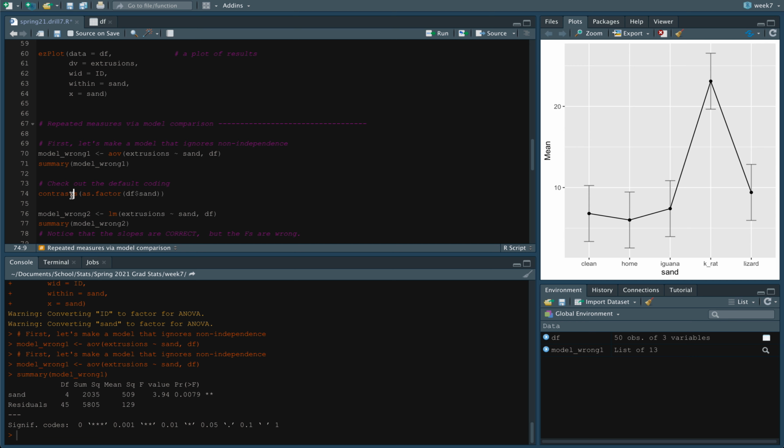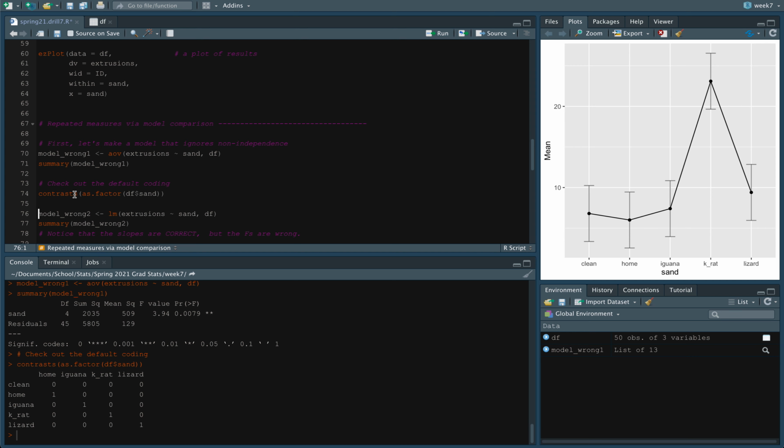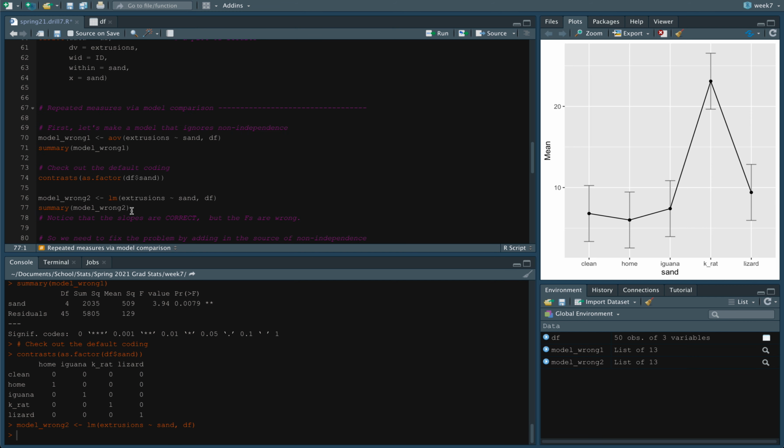Then when we move on to a linear model instead of an ANOVA, if we do this as a linear model, but again, we're going to do it the wrong way. And so first we'll start to see what its default contrasts are. And we see that the clean sand is the comparison group. So now if we run this as model wrong 2 as a linear model, just regressing extrusions on this dummy coded sand,